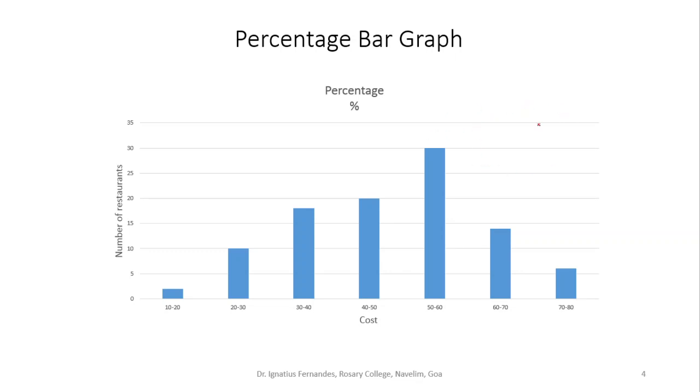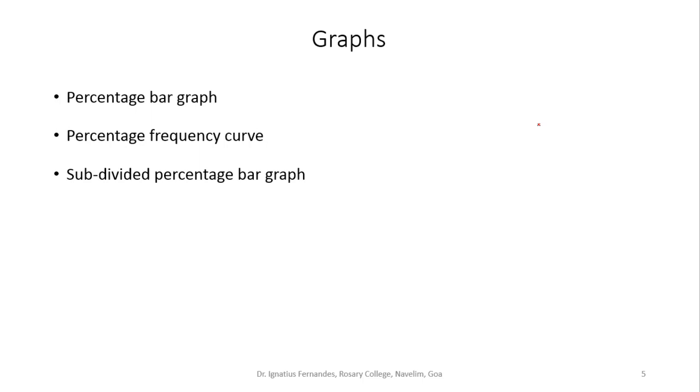We had earlier drawn a bar graph for frequency, so that was more like a frequency bar graph. The same way we can have a percentage bar graph, or a percentage line graph, or a percentage histogram. All those graphs that we have drawn earlier for frequencies, depending on the need, depending on what you are trying to do, can be drawn for the percentage values itself. For example, you may have a percentage bar graph, a percentage frequency curve, a subdivided percentage bar graph, or a percentage pie chart in case you want to distribute the entire 100% into many categories.